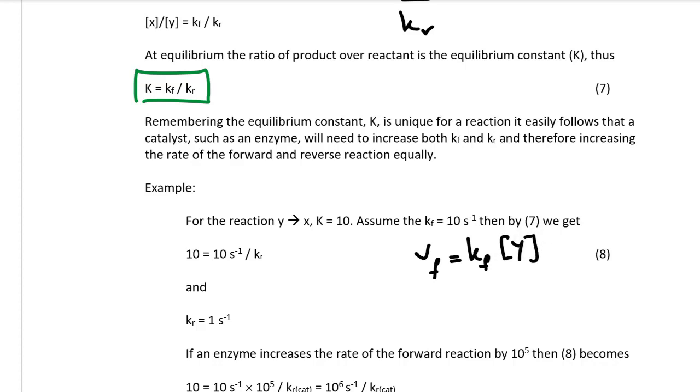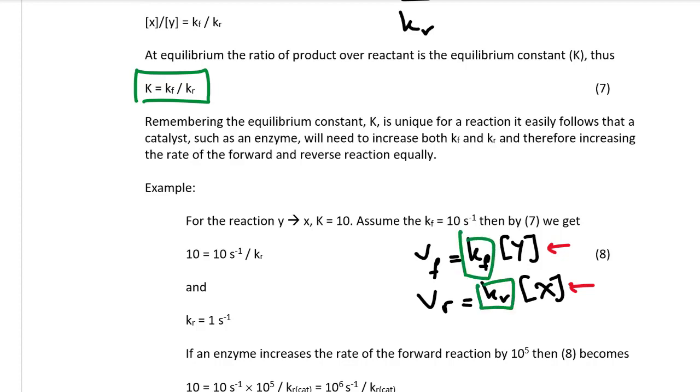Right, in this case, it would be Y. And the reverse rate would be Kr times the concentration of product. Right? So we know that X and Y will change as the reaction proceeds. The concentration of X and Y can sort of move around a little bit around a narrow range. So if an enzyme increases the rate of a reaction, it must do so by changing the Kf